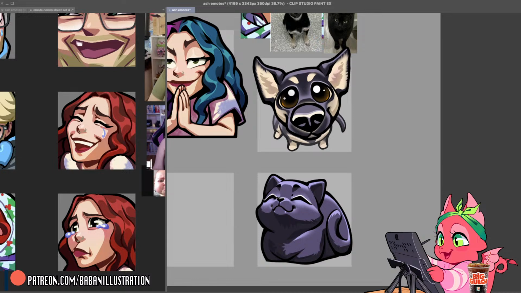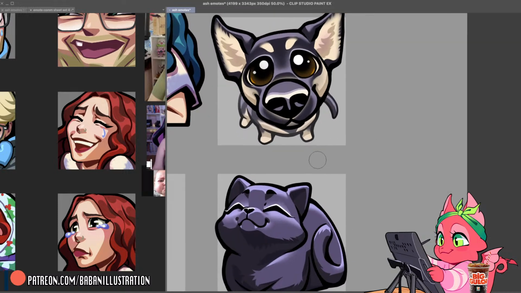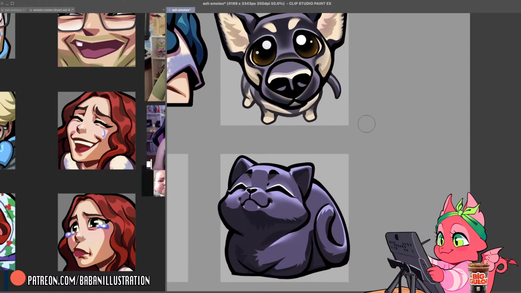Okay, I want to see if any of this would apply better onto the cat so they don't look so different. I'm not sure if I should try the shading again on the cat. More snoot surface area, that's the one. Like way more surface area.